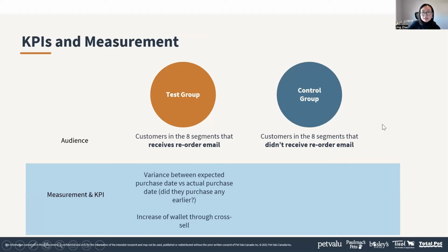So how we are going to measure this: the test group is the customers in the 8 segments that receive the reorder email, and the control group is essentially customers in the segments that didn't receive the email. So whether they could have purchased ahead of their usual cycle, or they just didn't fit into the criteria when we took the snapshot on, say, day 3 of the month because it's too close to the time that